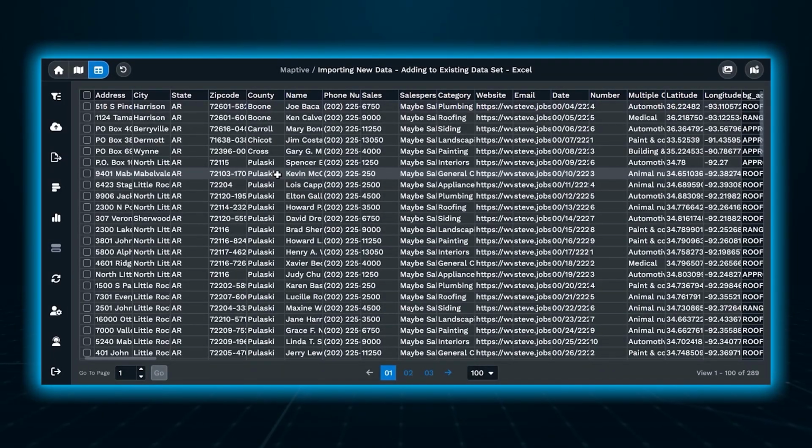Hi, welcome to Maptive. In this tutorial, we're going to talk about importing new data, adding to the existing data